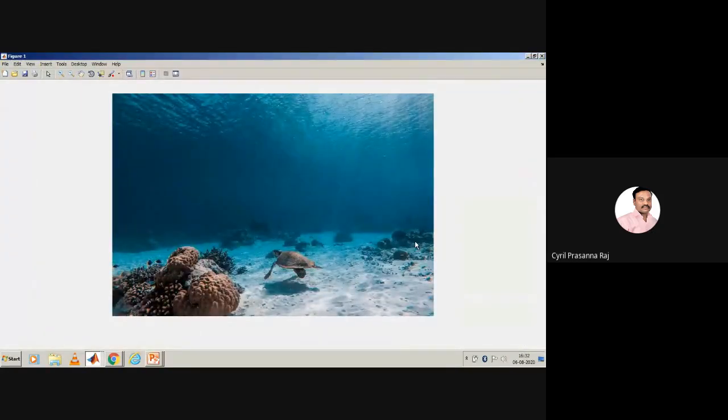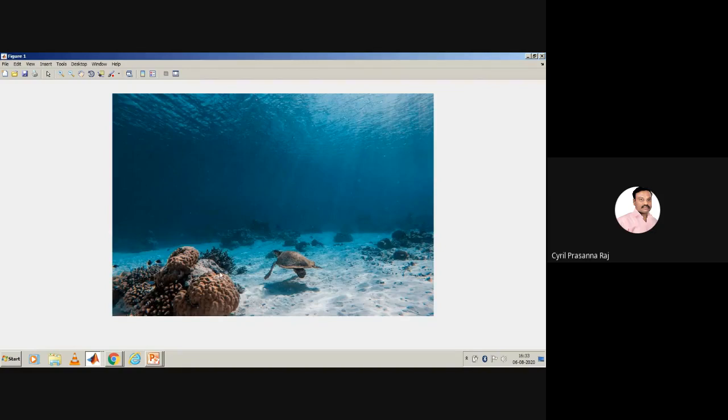So this is an underwater image. In this underwater image, you find that there is no light because it is underwater. There's a small light, and if you start going down, it will be completely dark. Everything will look blue. That is how an underwater image would look. And you find there's a small object here, a living object called a tortoise, which can keep moving. And you find that there are multiple corals or rocks and small corals here, and then some rocks here. All of them are here.